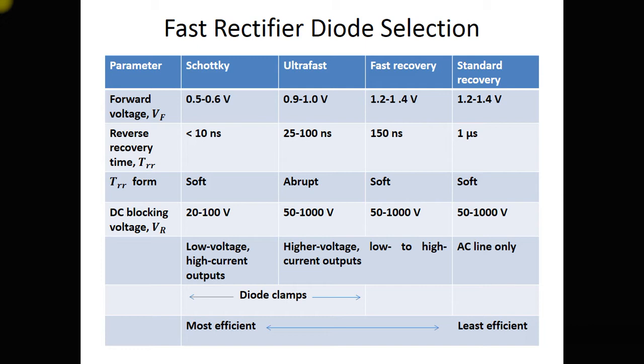These are the various options available to you. As you can see here, we normally use the Schottky diode, the ultra fast diode, or the fast recovery diode. Just for comparison purposes, I have given here the standard recovery diode, that is the rectifier diode which you normally have used so far, the 1N4001 series or 1N540 series. In that case you can see the reverse recovery time is 1 microsecond, whereas for these special devices you have less than 10 nanoseconds. So it is in nanoseconds. The standard diode can be used only for line rectification, whereas these other types of diodes will be used in our